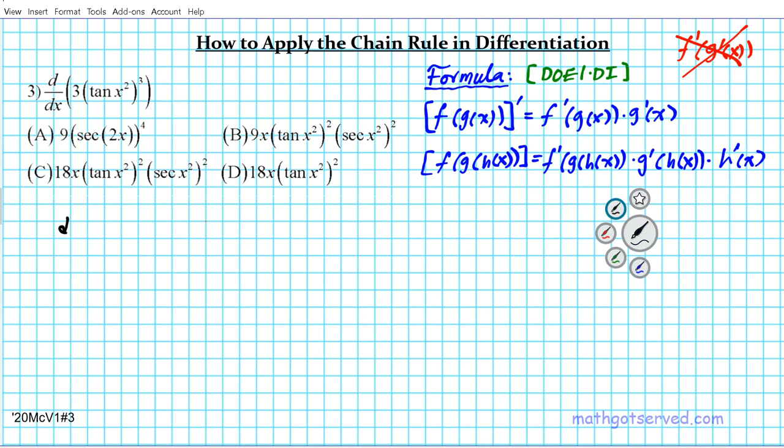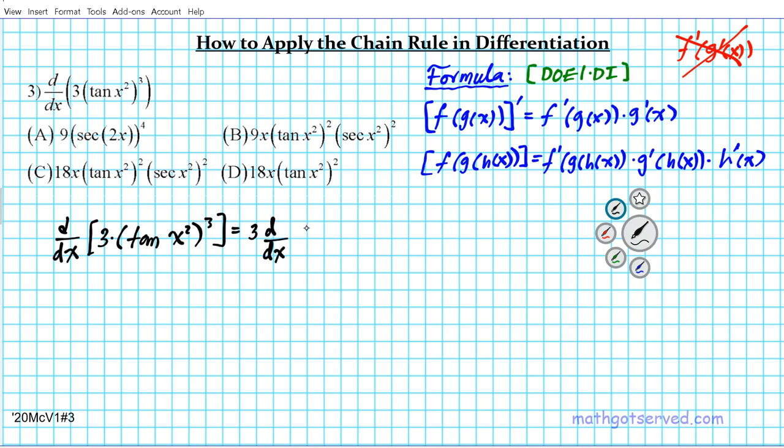So we have the derivative of 3 times tan x squared raised to the third power. Okay, so one thing you want to know is that if you have a constant multiple of what you're differentiating, you can always factor that out, just like you do with integrals, right? So pull out the 3, so we have 3 times the derivative